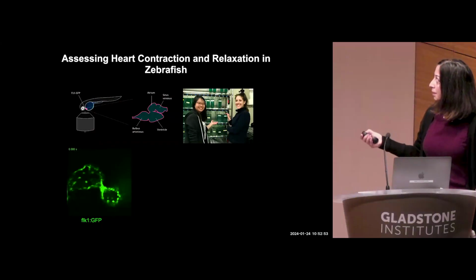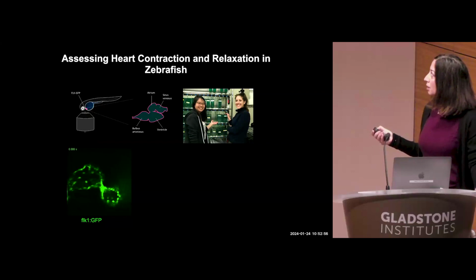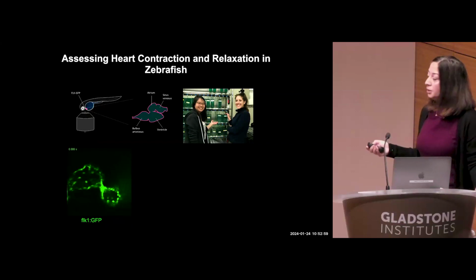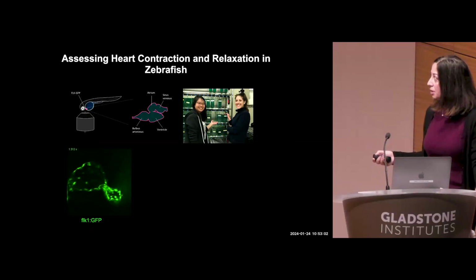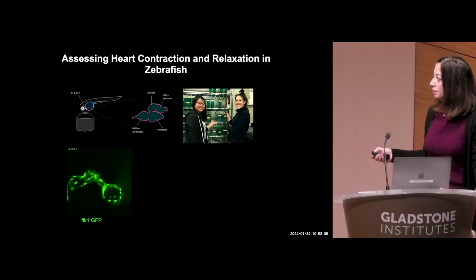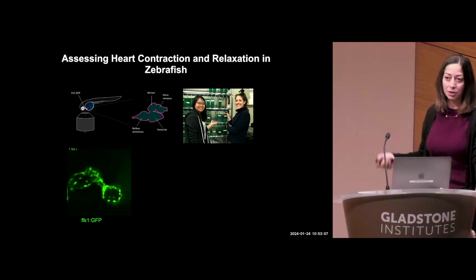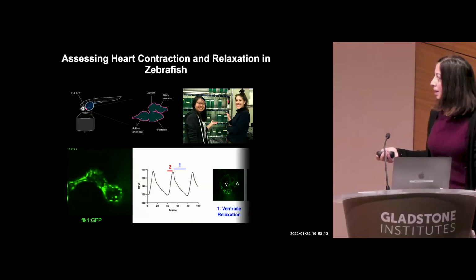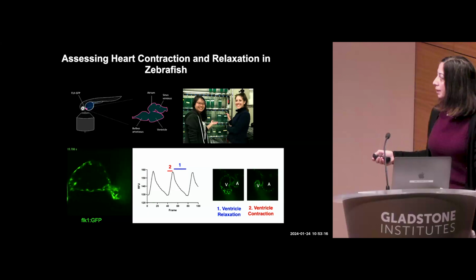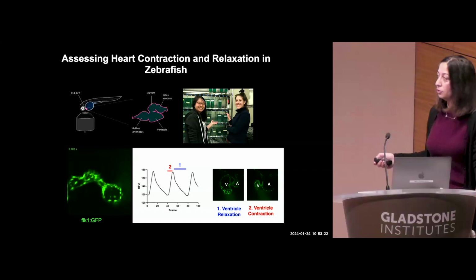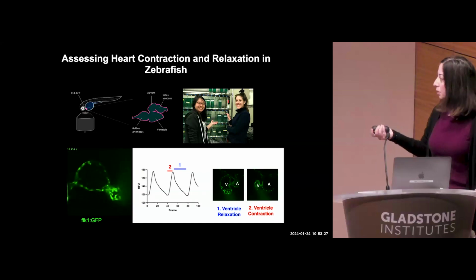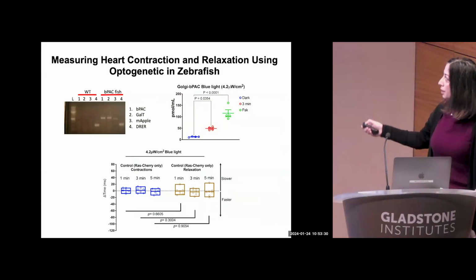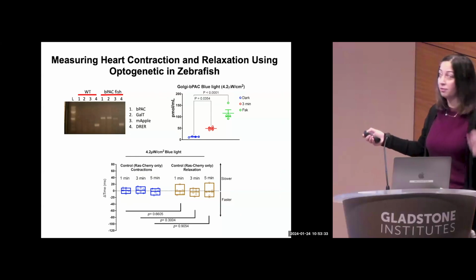Another postdoc in the lab, with help from my first technician, Quinn and Gia, took these optogenetic tools into zebrafish and generated a zebrafish line. The nice thing about zebrafish is that, because they're transparent, you can measure the contractility responses using the optogenetic system. They looked at the time it takes for each chamber of the zebrafish heart to relax and contract, depending on how much cyclic AMP is generated from the Golgi membrane in this case. So they can actually generate cyclic AMP in the intact fish heart.